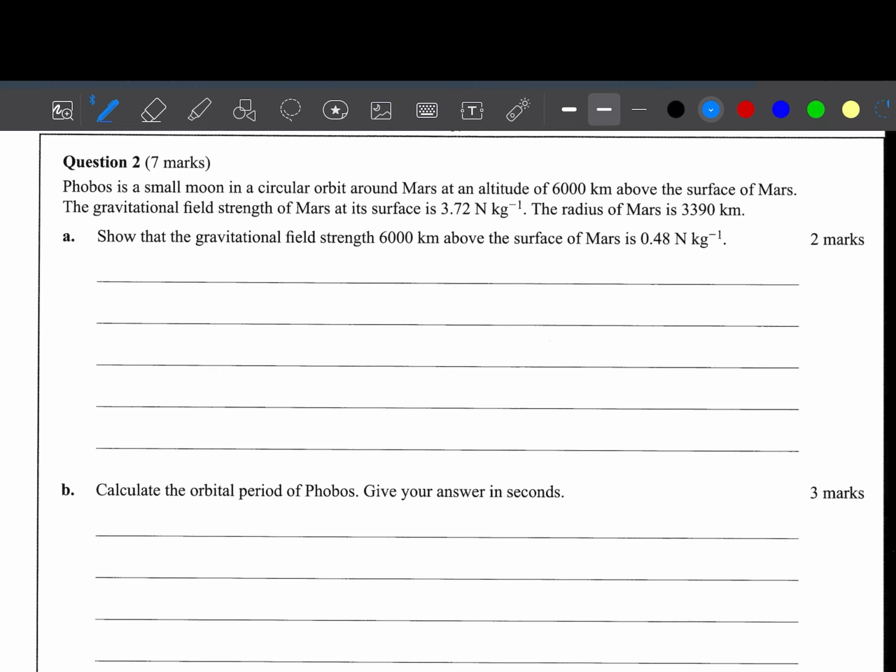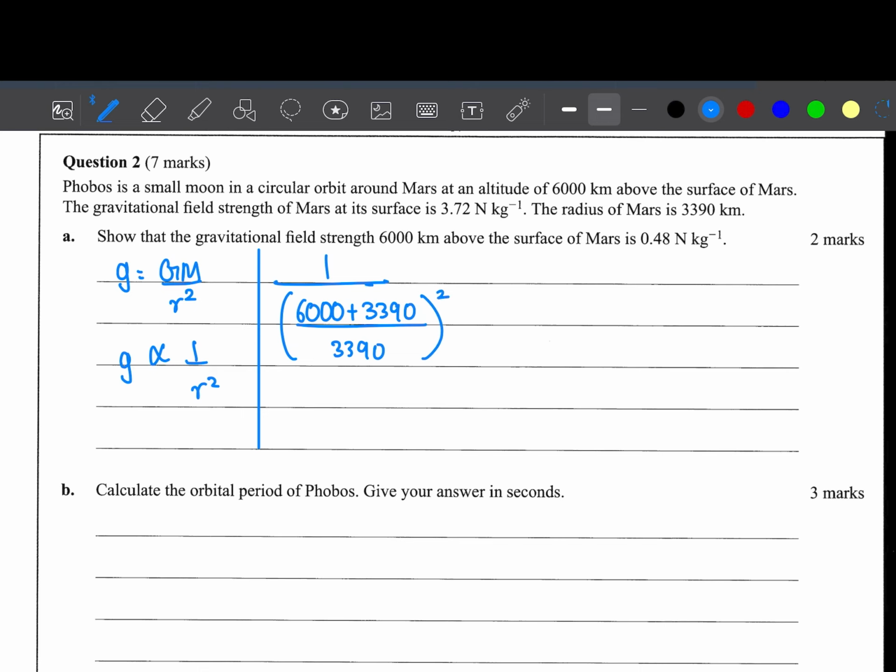So we know that g equals GM on r squared. Now GM over here is going to be constant, so we can say that g is inversely proportional to r squared. And now we can simply use this proportionality to find the answer. So it will be 1 on (6,000 plus 3390) over 3390. We are basically getting the ratio by using this. And if I punch that in my calculator,